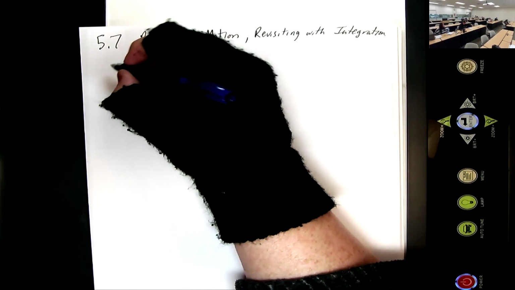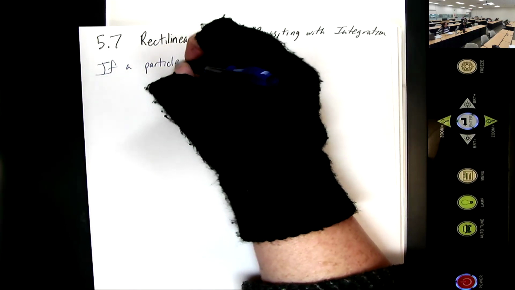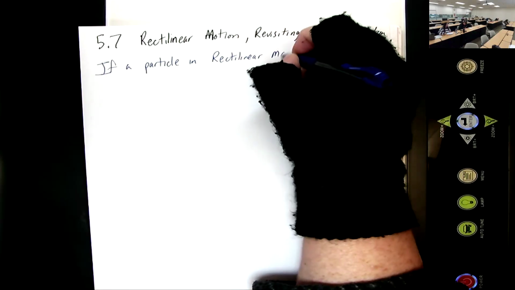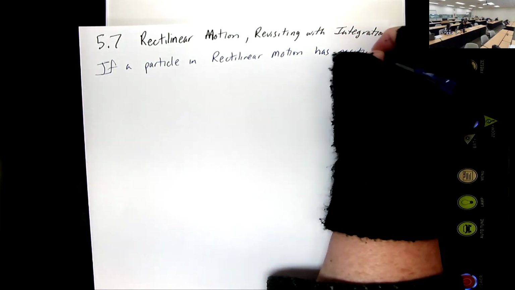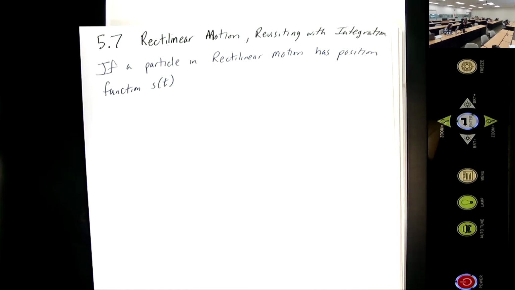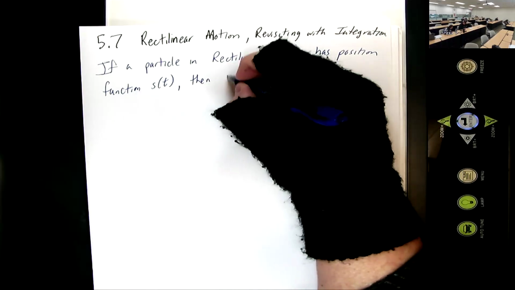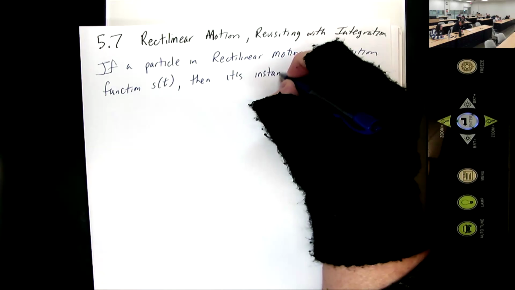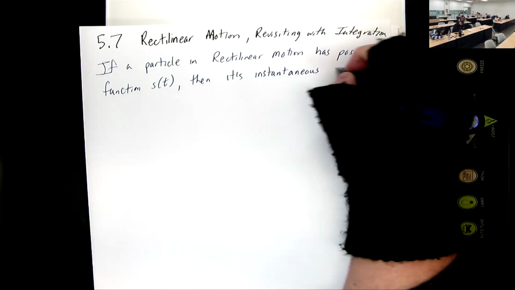So, if a particle in rectilinear motion has position function s of t, then its instantaneous velocity